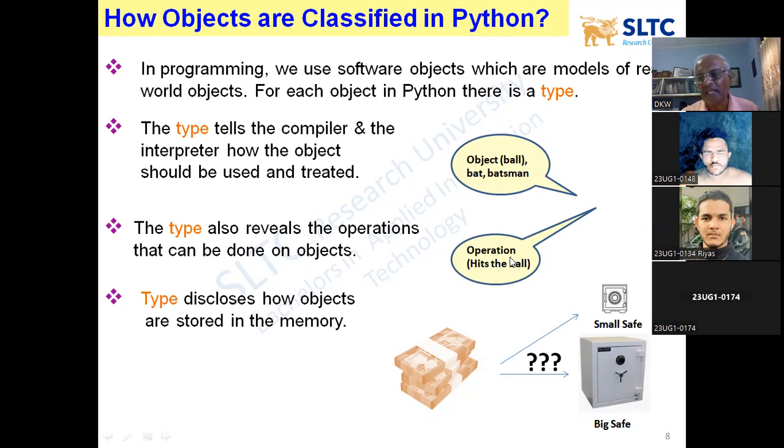So what is an object? If someone asks, an object is something which possesses states and behaviors. That is the simple answer for an object, right? Objects can be tangible or physical objects. Objects can be virtual objects, right? Virtual objects are the models of the physical objects. This is the summary that I did.